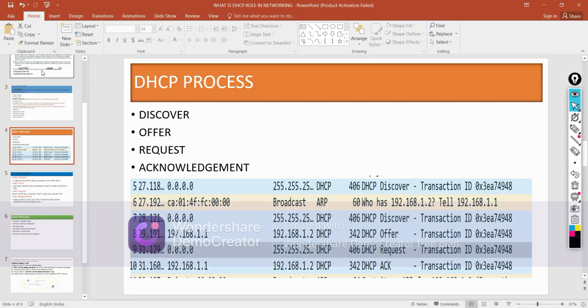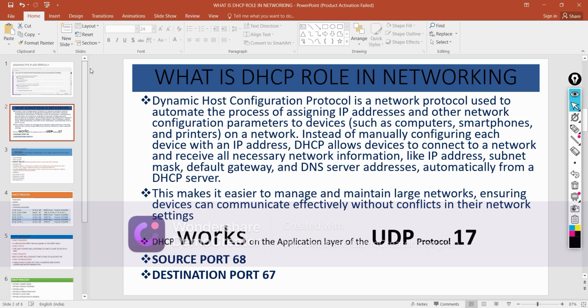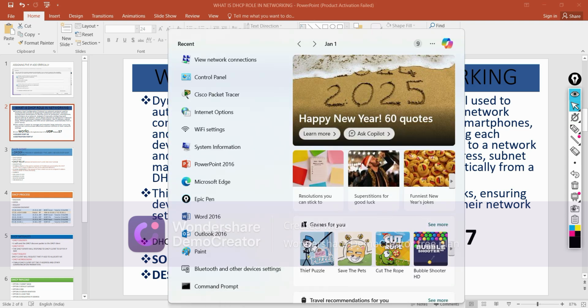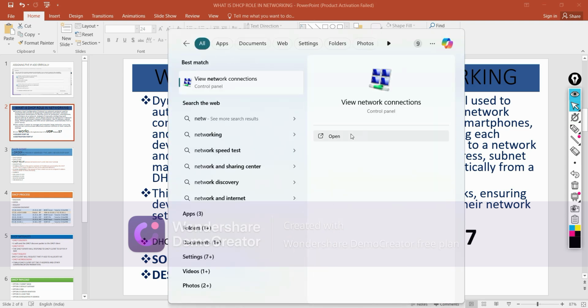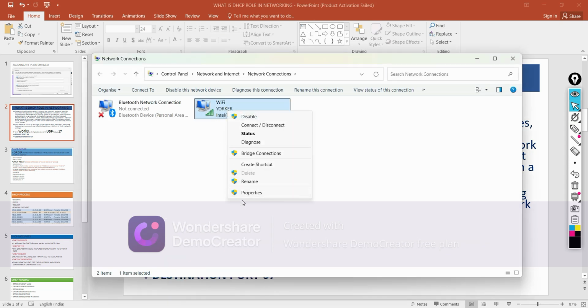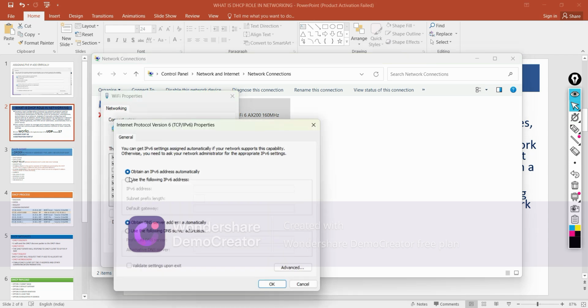So this is the DHCP protocol, and it will assign the IP addresses to the layer 3 devices automatically. If you want, I can show you here. Here I am using my router. See here,